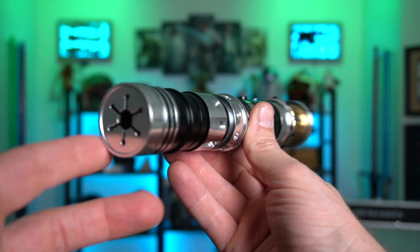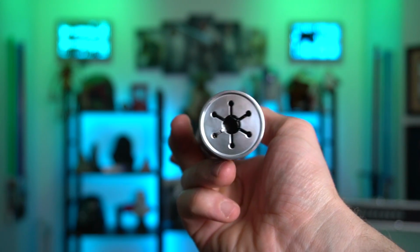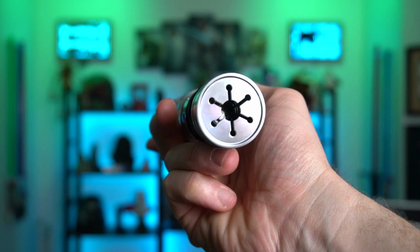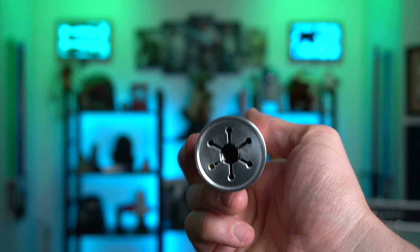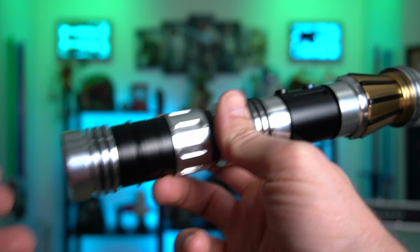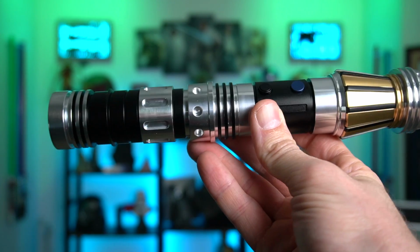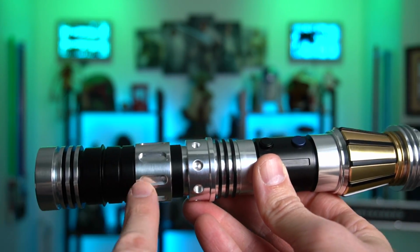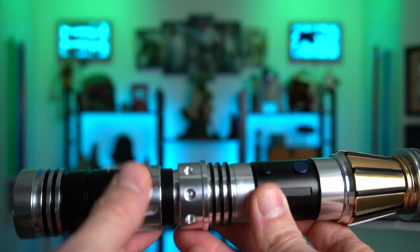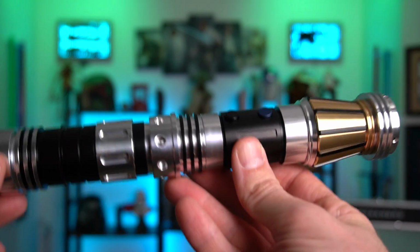So let's start down here at the pommel. So ironically, the pommel cap looks something like the Galactic Empire symbol, but I'm interested to see the volume and the clarity of the speaker. We'll get to that. And look at all the detail in this saber. How cool. We've got rings, textured levels, gaps, you know, what would you call this? Like cuffs. There's a lot going on here, which makes this, if this looked weathered,